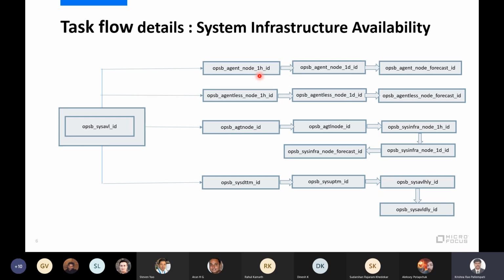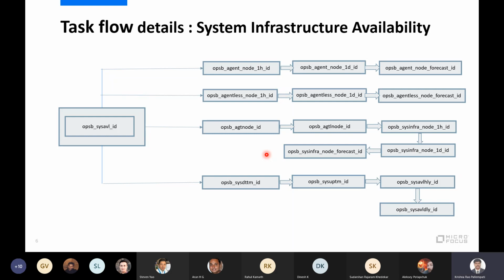So once we mention this task flow, what we are mentioning under 1H and 1D or agent node is under the task flow, we will have a parameter. Run this Perl script, or this is my source table and this is my destination table, and how it will run, either through the default aggregate or through a custom script.